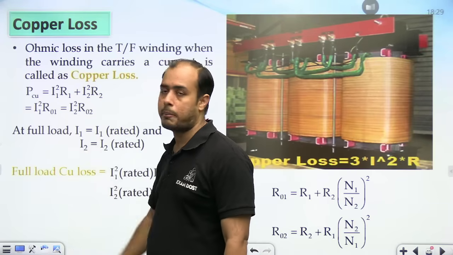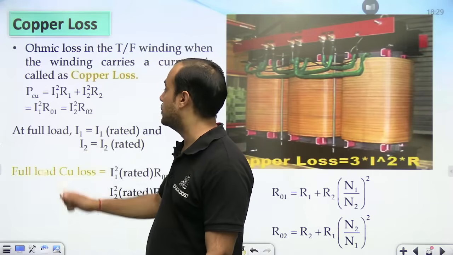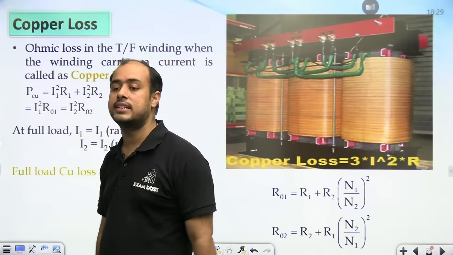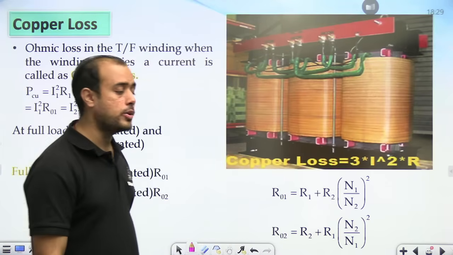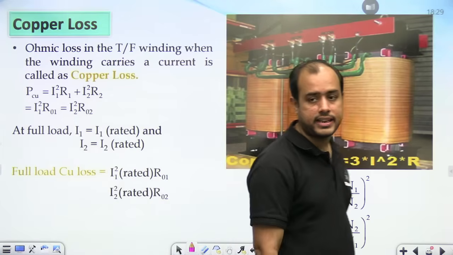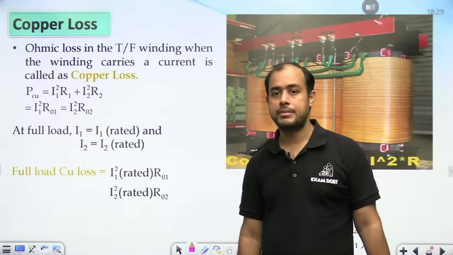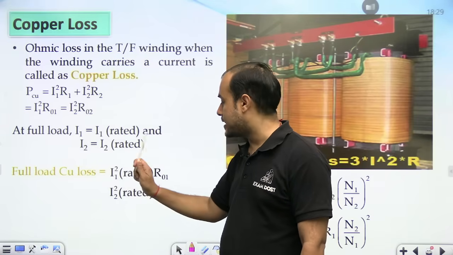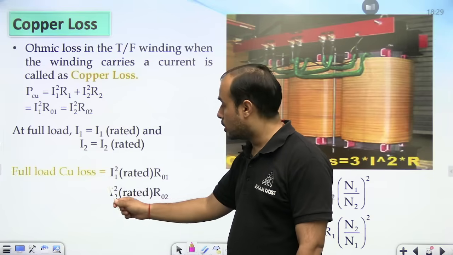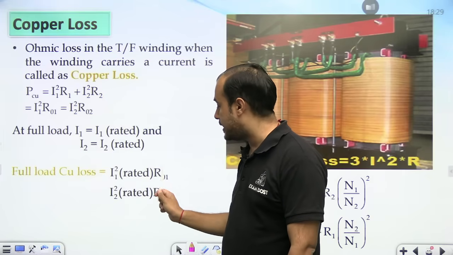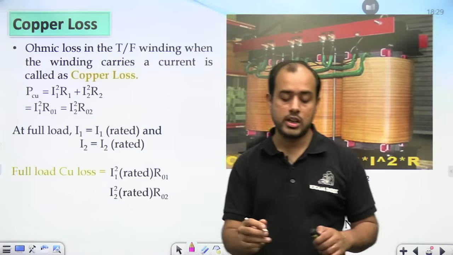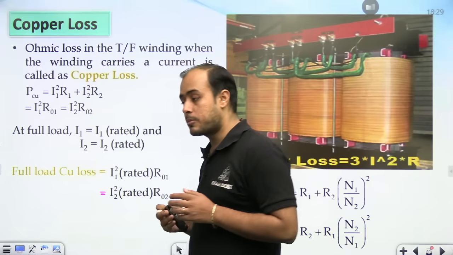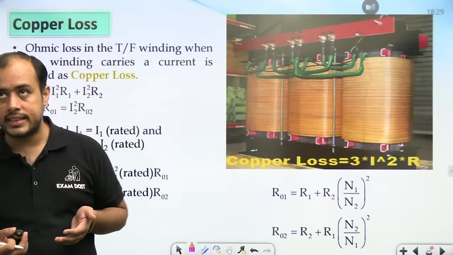Primary और secondary का copper loss add कर दिया. Also, you can refer the entire resistance to one side and find the copper loss. पूरे रेजिस्टेंस को एक तरफ ले लीजिए, प्राइमरी या सेकेंडरी, और कॉपर लॉस निकाल लीजिए। At full load, current I1 is I1 rated, I2 is I2 rated. तो फुल लोड कॉपर लॉस इज I1 रेटेड स्क्वायर इंटू R01, also equal to I2 रेटेड स्क्वायर R02, है ना। मैंने आपको बताया था ना, फुल लोड का मतलब होता है रेटेड कंडीशन।